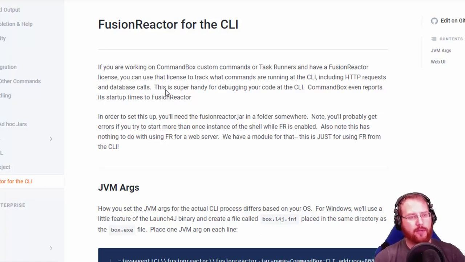So it'll push information over to FusionReactor, and you can use this for several different use cases. Maybe you're writing task runners for automating things, and you just want to be able to monitor what's happening inside of your task runners. Maybe you're writing custom commands for CommandBox, and you want to be able to